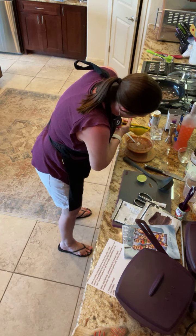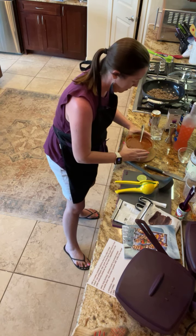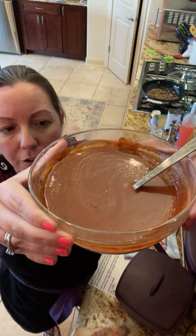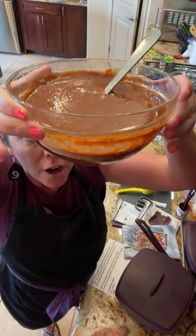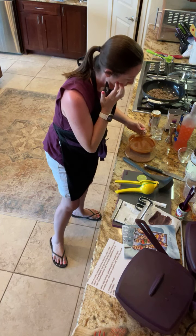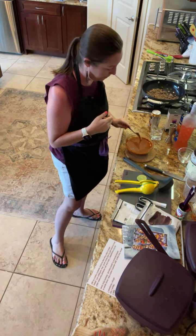I'm just gonna make sure that is nice and whisked together. It's cooled off now, so I can bring it up to show you. Look how creamy that is, and look how much sauce we have. We have 4 cups of sauce here, okay? So here's what we're gonna do. You have to take half a cup of this, okay? Take half a cup, and you pour it in with your beans, your chicken, your beef, whatever you're using,